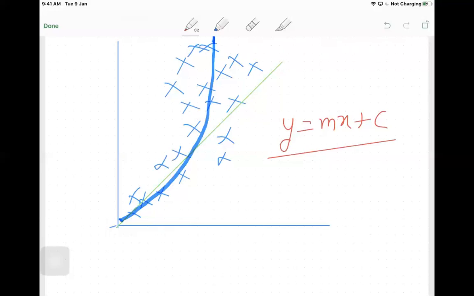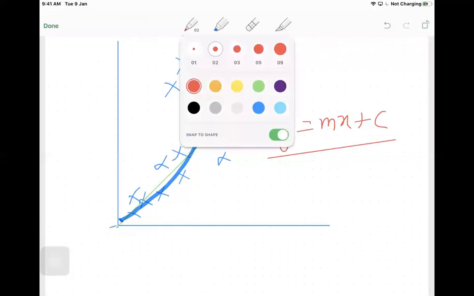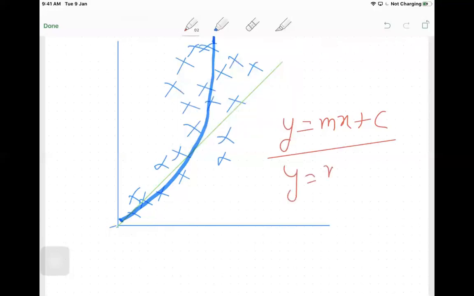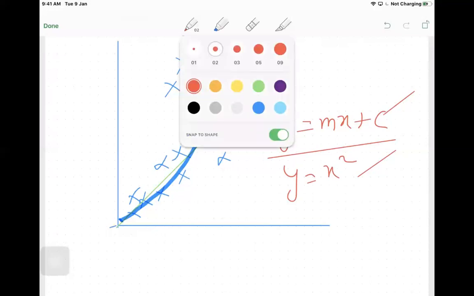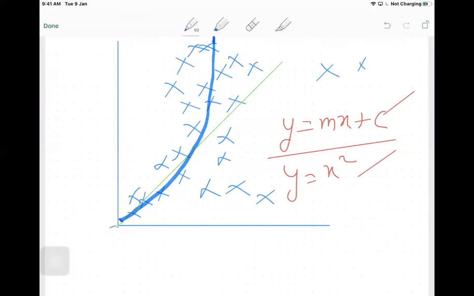In both the cases, y equals mx plus c and y equals x square, there is linearity because when one is growing, the other is also growing. The only thing is here it is growing linearly, and here it is growing quadratically. When you have such a relation, only then you can apply linear regression. If there is no linearity displayed by the data, then you cannot apply linear regression, because your data points will be highly scattered in different places, like I have shown you yesterday. So you cannot apply linear regression there. It is not possible.